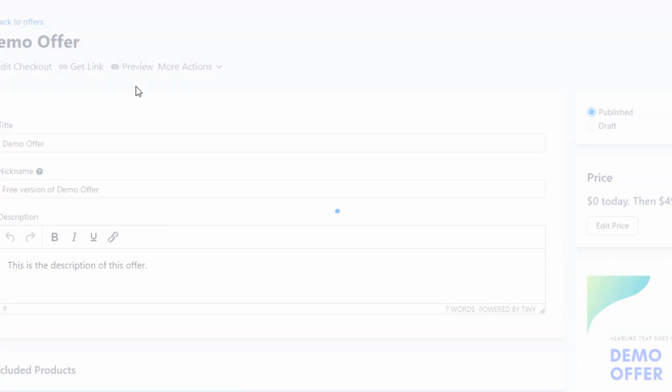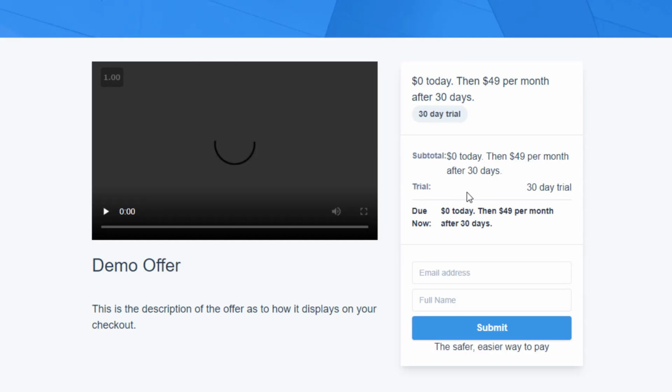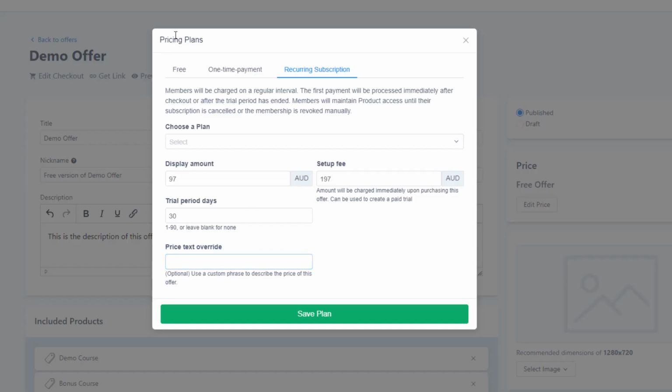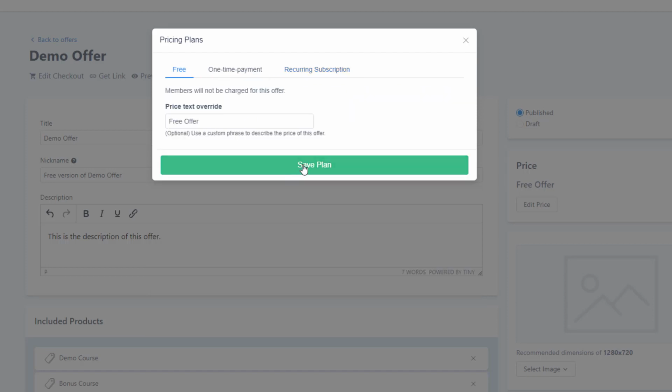And when we hit that, you'll see now when we preview the page, it's very clear that nothing is paid today, and then $49 per month after 30 days. So that's a very comprehensive look at all the different ways that you can set up your subscription pricing for your offers. Okay, so we're going to leave, for the purpose of this tutorial, this on free, and simply hit